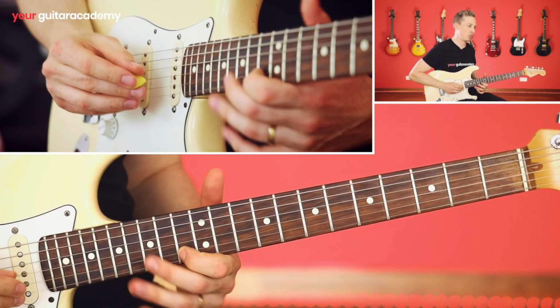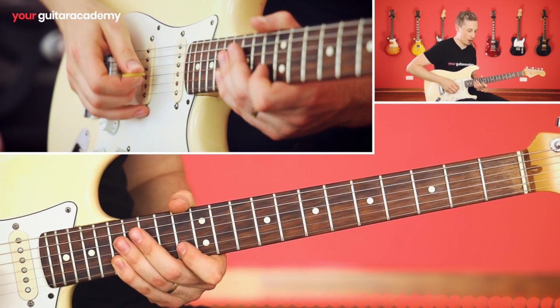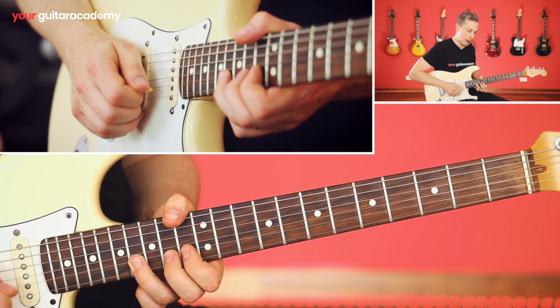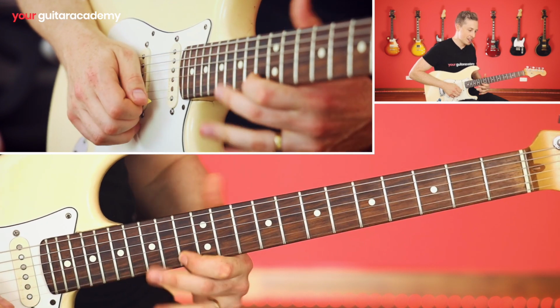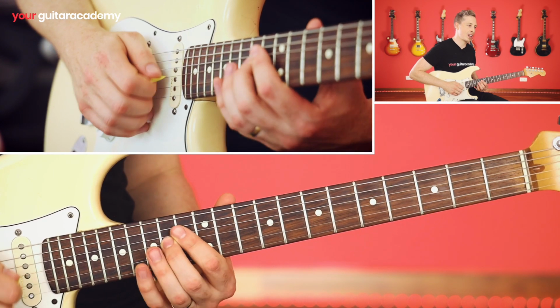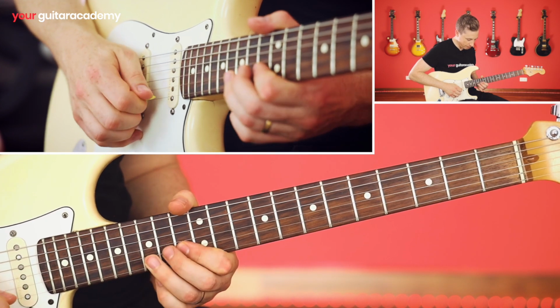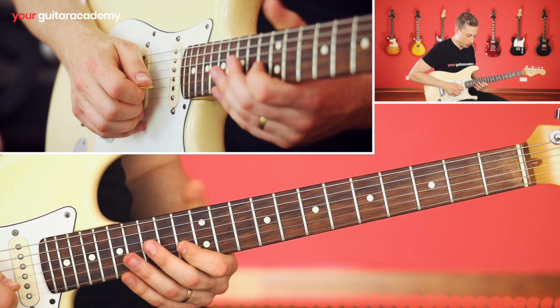This is, for me, straight out of Freddie King's books. Well, this is where I learned it from. I'm sure he got it from somewhere else, but for me, it was from Freddie King. And it's just this: that bend from minor into the major third, then back to the root, then the second, then that sixth to the root again. Okay, so all together you get